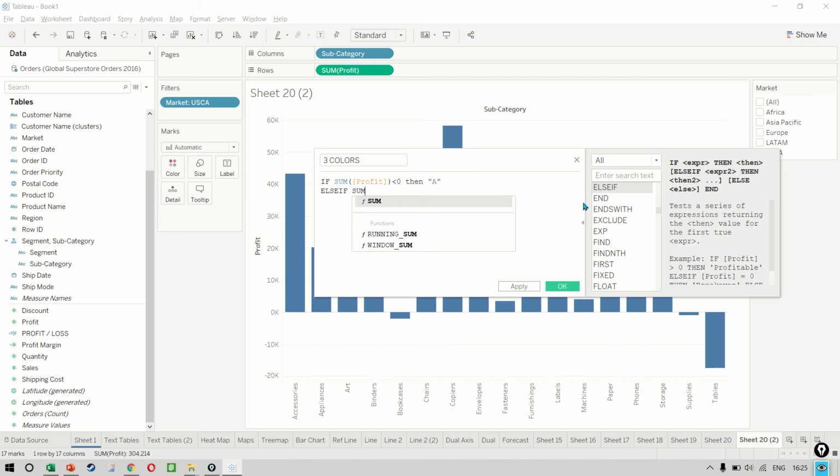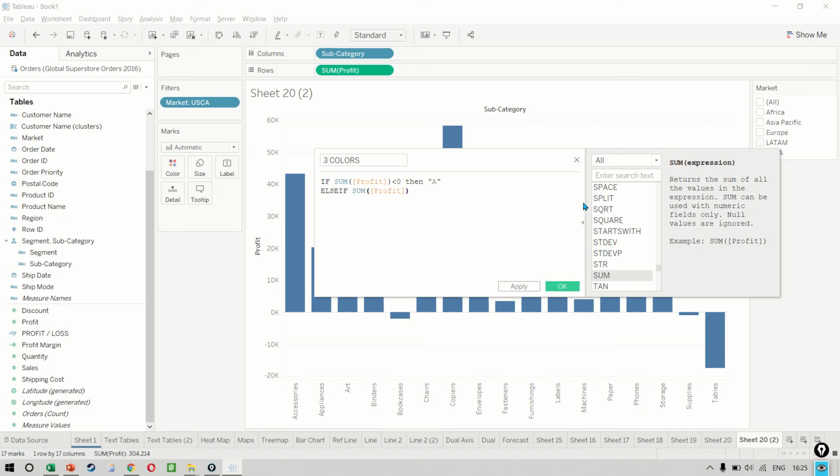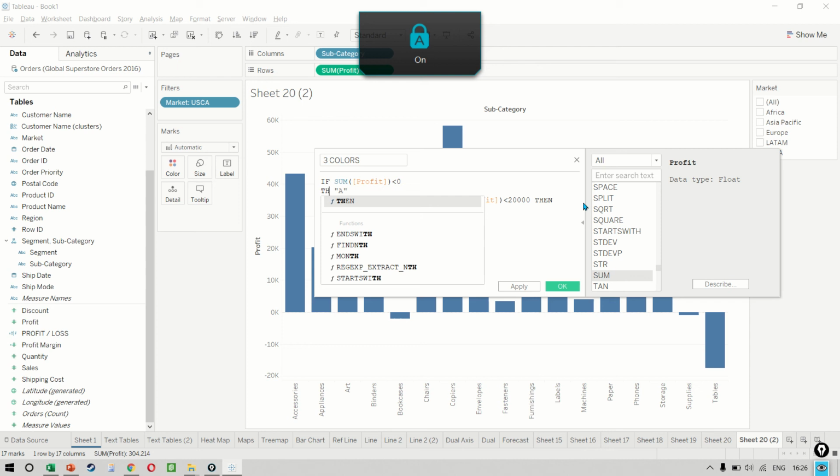Else if the sum of profit is greater than or equal to 0 and the sum of profit is less than 20,000, then my result is B. And I'm going to break this down into different lines so that it becomes a little simpler for you.